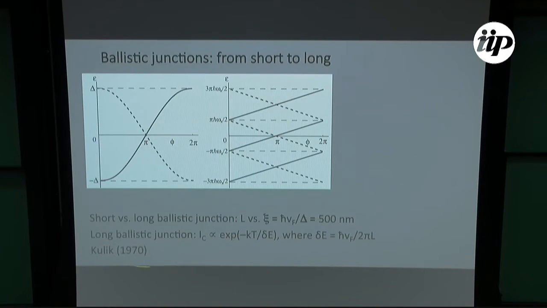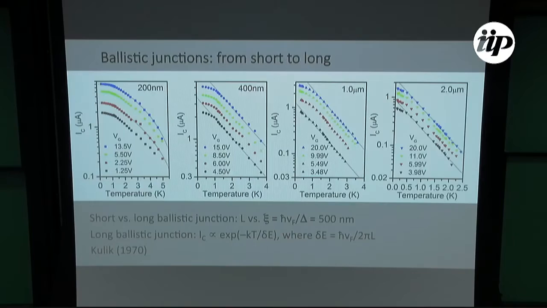It was predicted very early on, I guess in the first paper of Kulik on the subject, that the critical current in the long junction should depend exponentially on the temperature as a result of summing over those multiple levels. It should be e to the minus kT divided by delta E, where delta E is proportional to the level spacing. We have here a set of samples of different lengths, starting from 200 nanometers to 2 microns, which